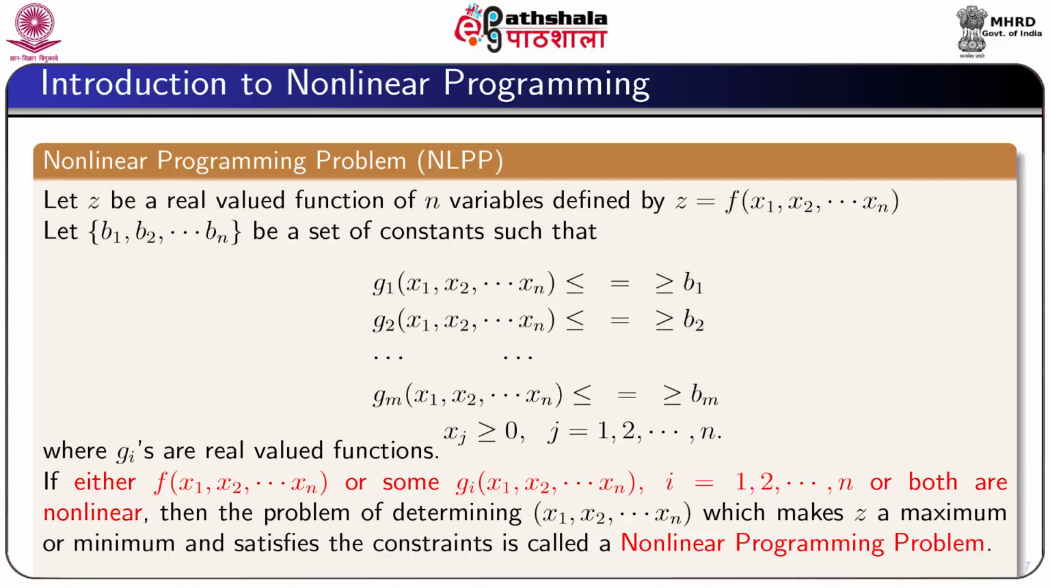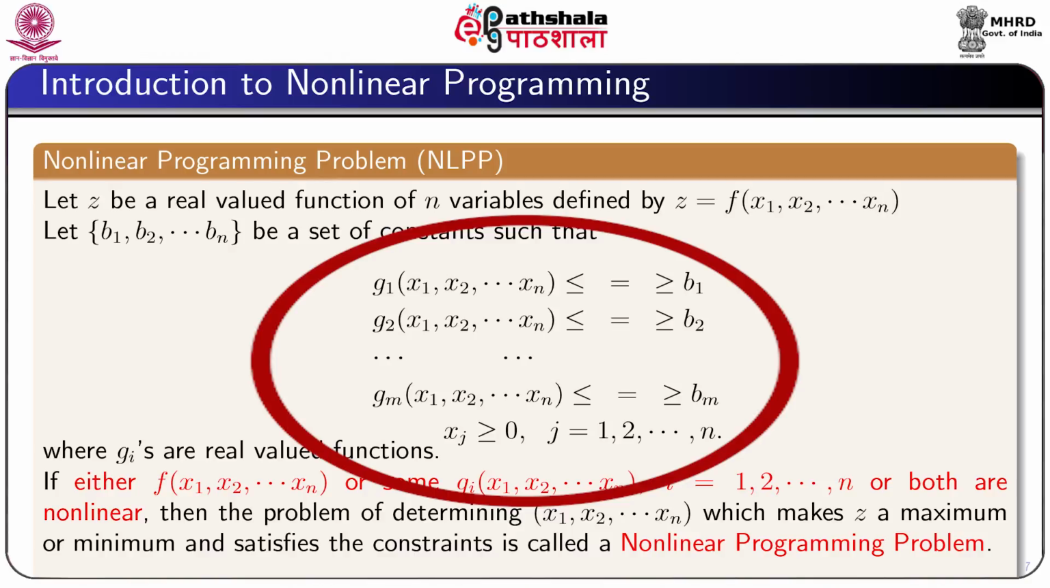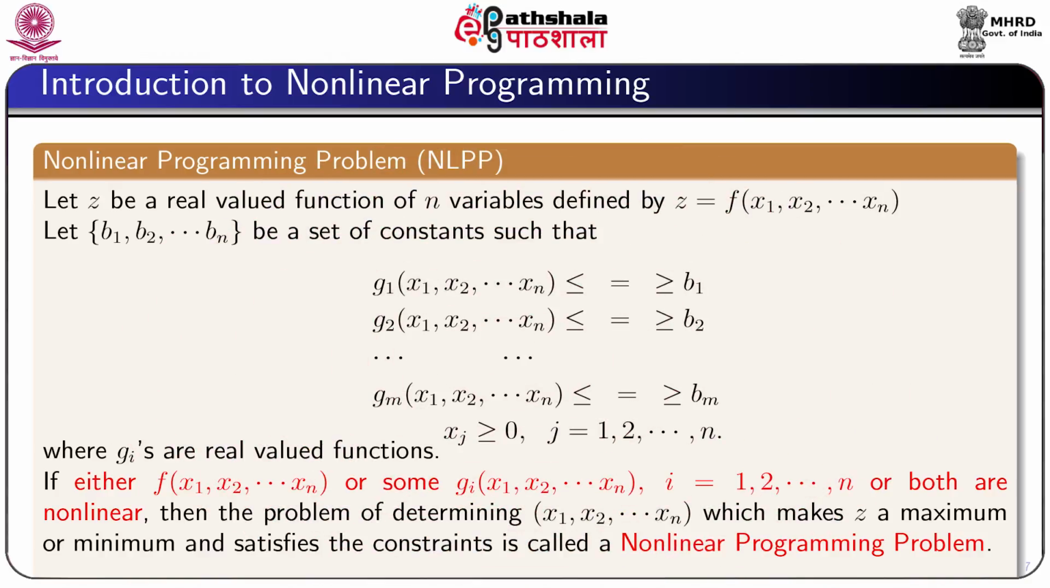Nonlinear programming problem. Let Z be a real valued function of n variables x1, x2 up to xn. Therefore, we define Z equal to f(x1, x2, ..., xn). Let b1, b2, ..., bn be a set of constants such that g1(x1, x2, ..., xn) is less than or equal to, or greater than or equal to b1,